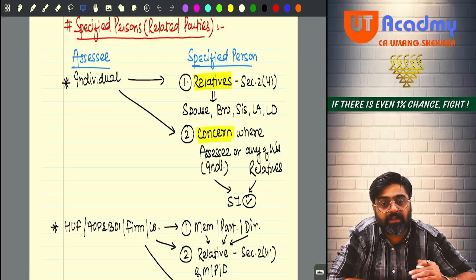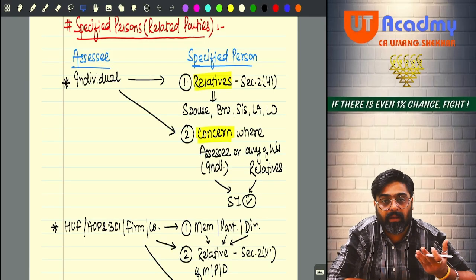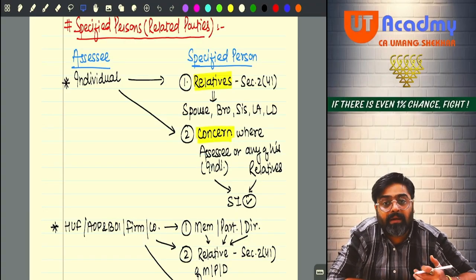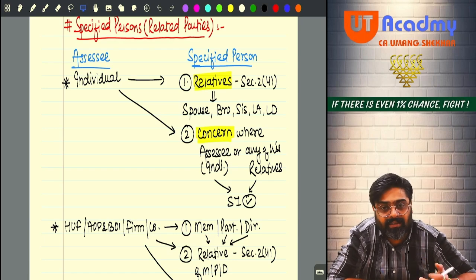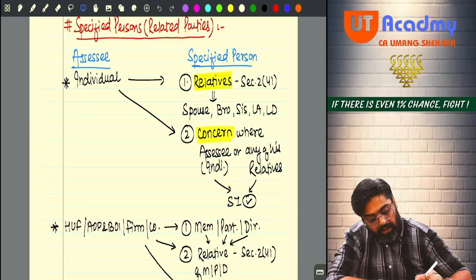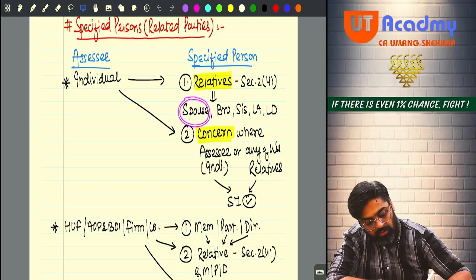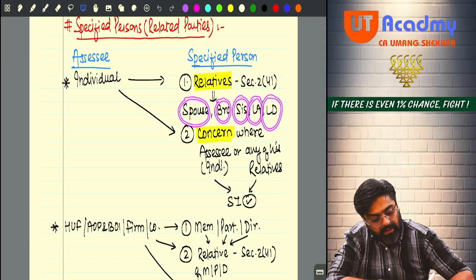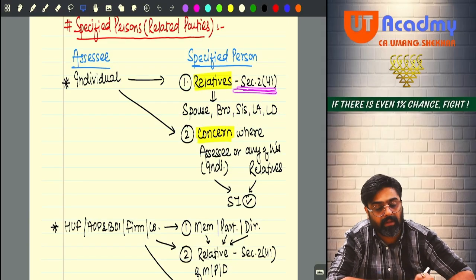So the generations which come before me are my lineal ascendants. And the generations which come after me, my children, my grandchildren, my great grandchildren, they are my lineal descendants. So spouse, brother, sister, lineal ascendant, lineal descendant, as per section 2(41), they are my